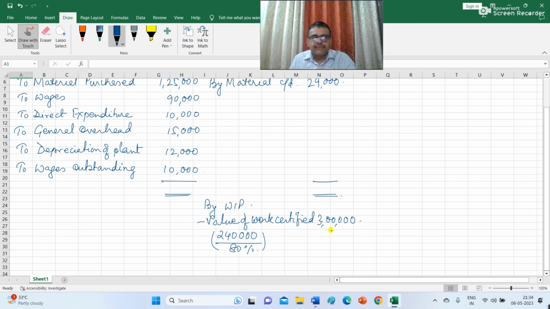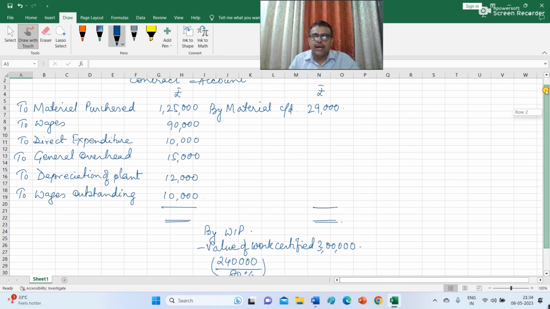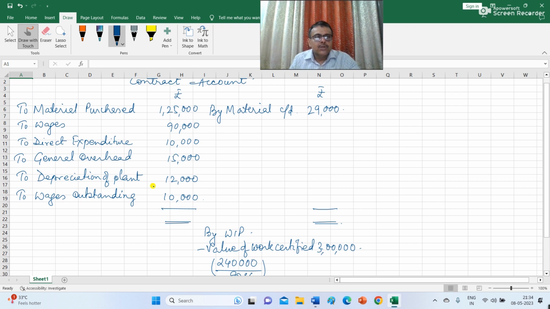So value of work certified is rupees 3 lakh, and 80% of rupees 3 lakh is 2 lakh 40,000, and cost of uncertified work is for rupees 10,000. Now we have to calculate what is the cost that has been incurred till date. This is the first part that I have to write here. So the total cost incurred is